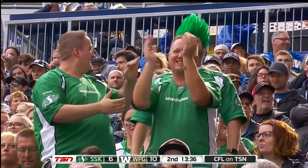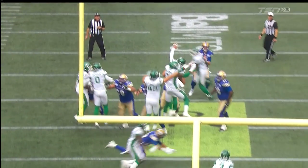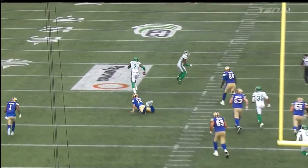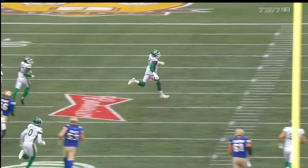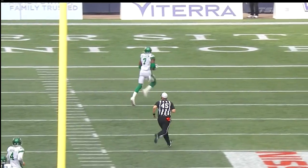And what a crazy start to this banjo ball. It was like he was waiting for a marching band to appear at one point. Well, they're trying to hit Andrew Harris, who's coming across underneath. He gets tripped and falls down, but that's irrelevant, as the wingspan of Willie Jefferson doesn't let that ball pass the line of scrimmage. Now, this was about the point where the crowd here at Investors Group Field started booing